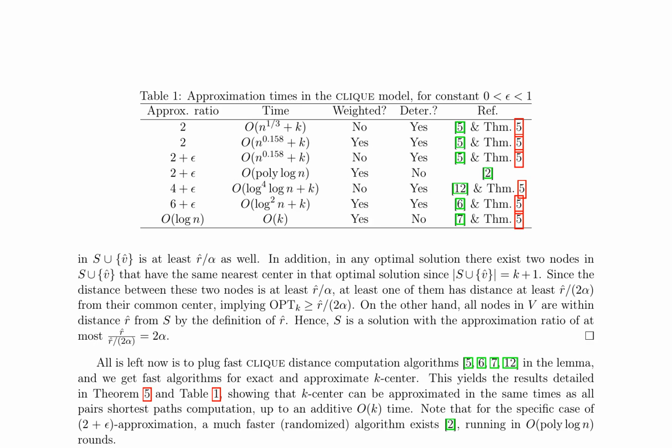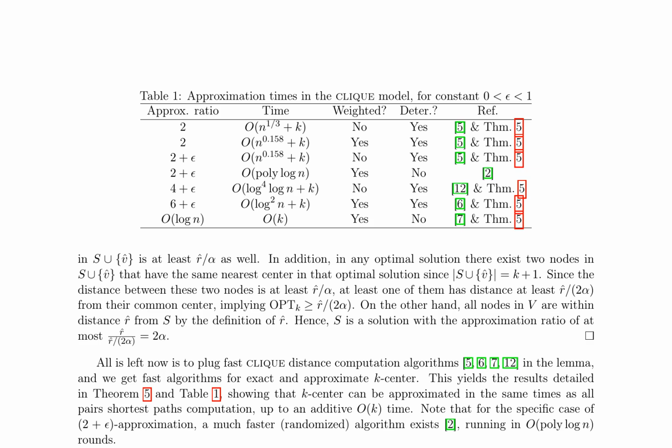Table 1 in the research paper presents approximation times for the K-center problem within the CLIQUE model, showcasing varying approximation ratios and constants. This table illustrates the trade-off between approximation ratio and time complexity of algorithms. The authors prove that for any constant 0 < epsilon < 1, there exists a deterministic algorithm providing a 2 plus epsilon approximation in O(n^0.158 + k) rounds on unweighted graphs, a 4 plus epsilon approximation